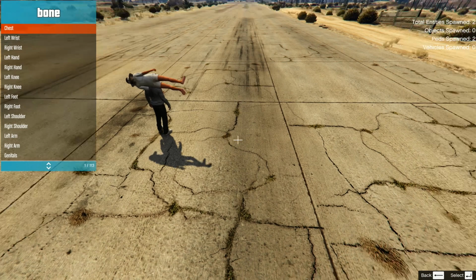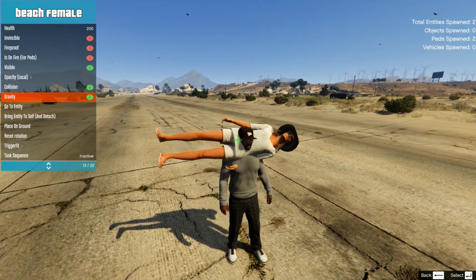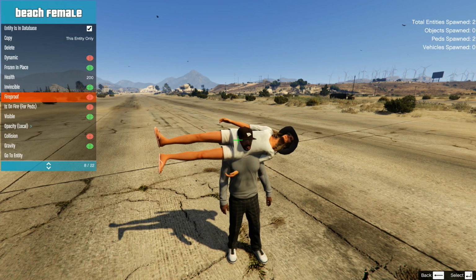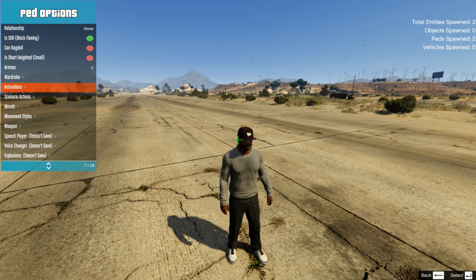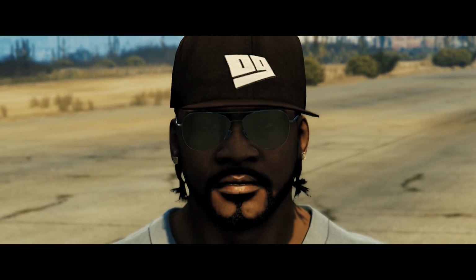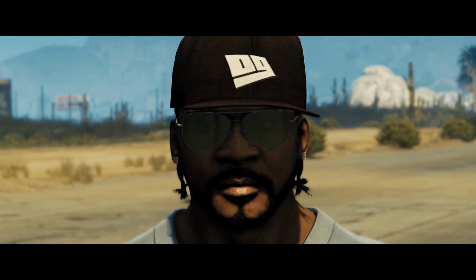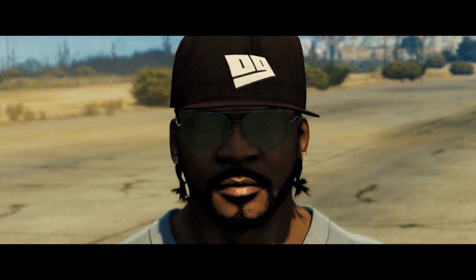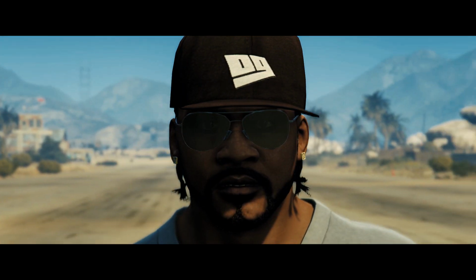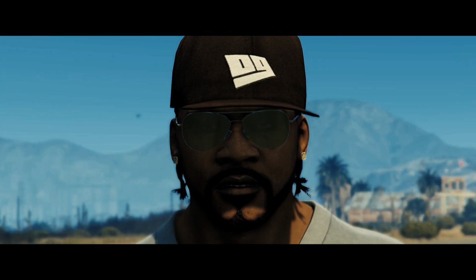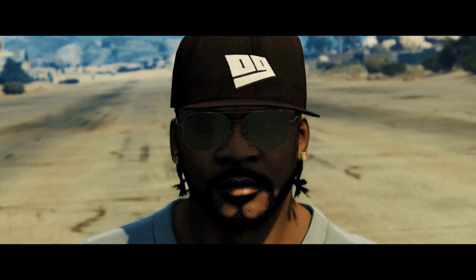By the way, you don't have to use any object to focus on. You can also just attach an invisible ped to your character's head and thereby create interesting effects as the head is turning. In that case, it is easier to apply depth of field. For instance, you can go with manual and then set the correct distance, because the camera isn't moving in this type of shot anyway. I really hope that this short tutorial gave you some inspiration for more creative shots in your GTA 5 cinematics, and maybe you can apply this technique effectively.